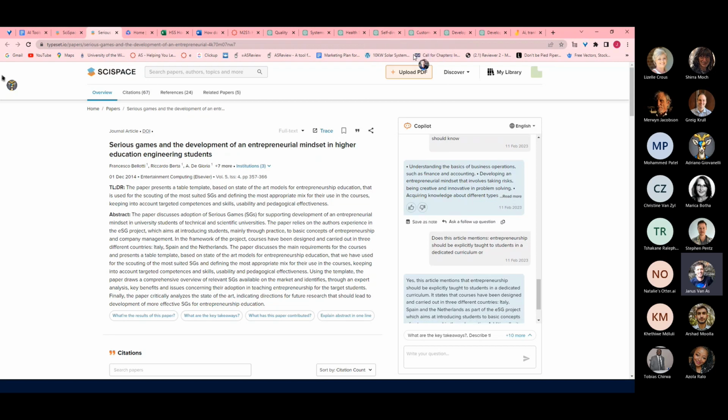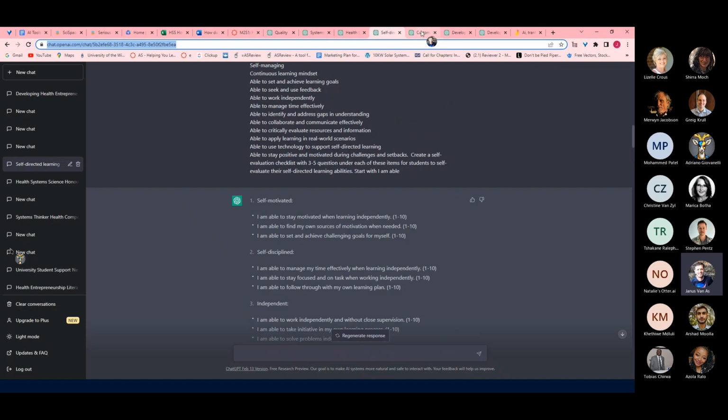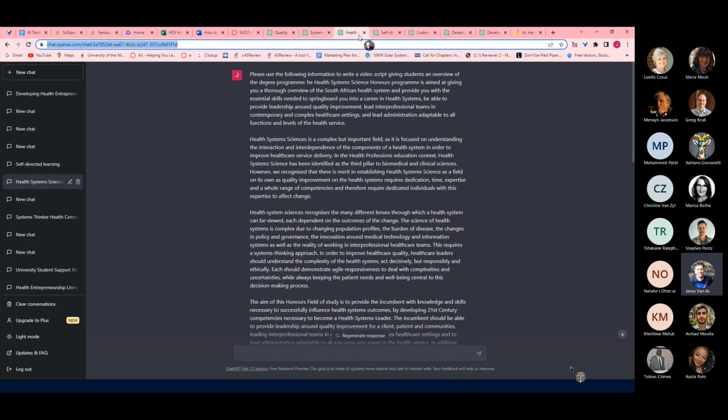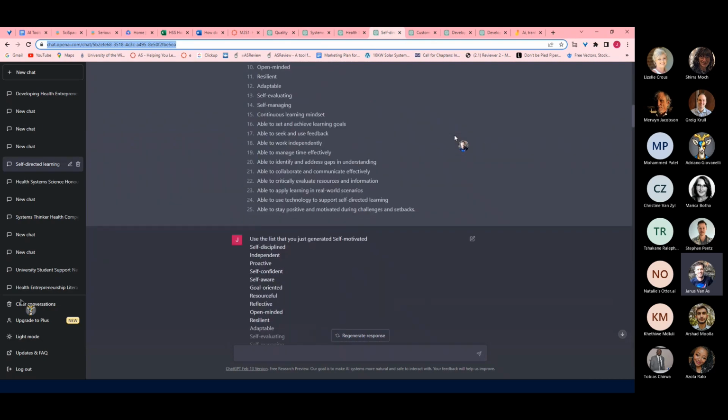Then I would take the next step and use this to go and look in the articles and make sure that what was said by ChatGPT is accurate, and whether these articles can be used for the research I'm currently busy with, or the session design I'm currently busy with, and so forth. And you can ask it anything. So the next step is I'm going to ask you to give me some examples of what you would like to do. So whether you want to develop a rubric for something specific, or whether you want to create a